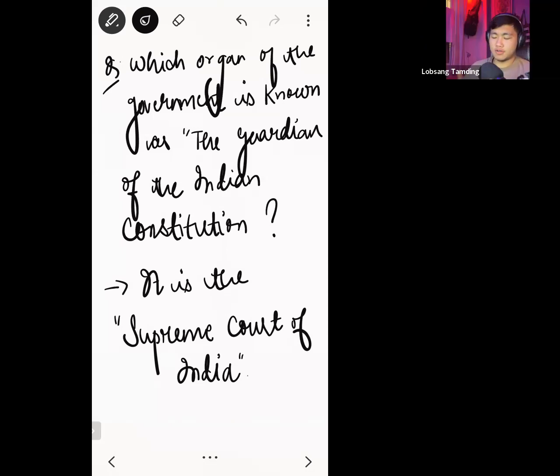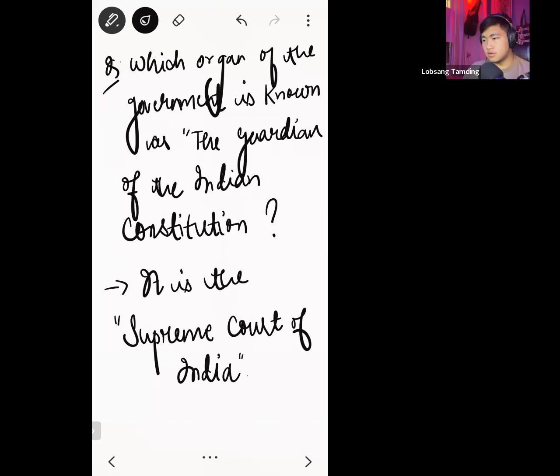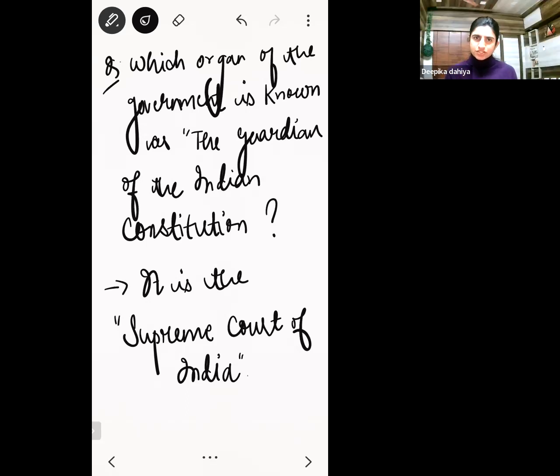Ma'am, I have one question. If the legislature is making a law, are there any rules to make a certain law which is acceptable by the judiciary? Like, for example, you said that there are different types of bills: money bill, financial bill, ordinary bill. Okay, you have different types of bills, but ultimately the passage of a law in the Parliament depends on the support to that bill, whether MPs are voting in favor of that bill or not.